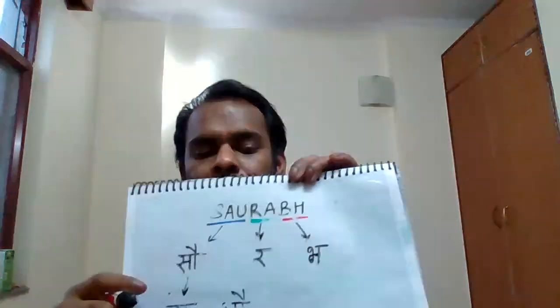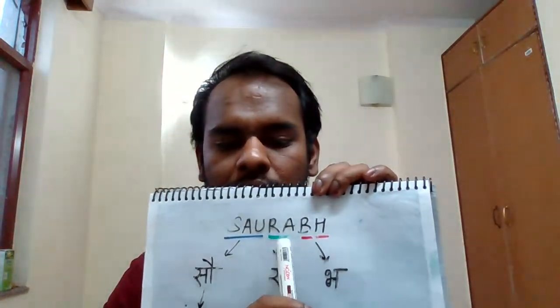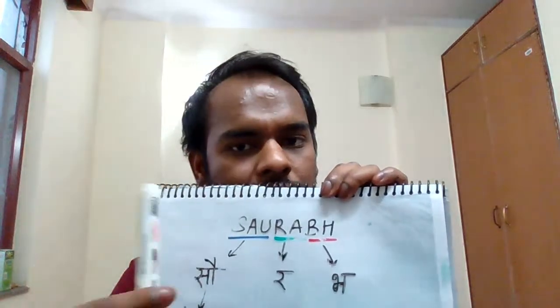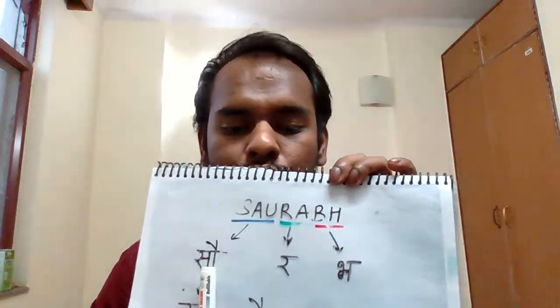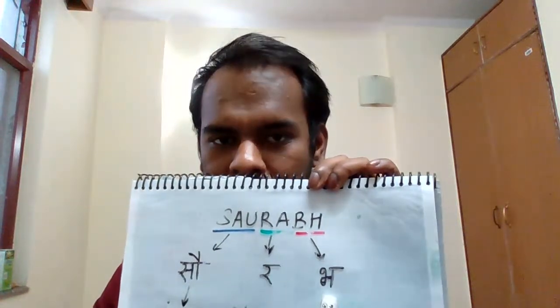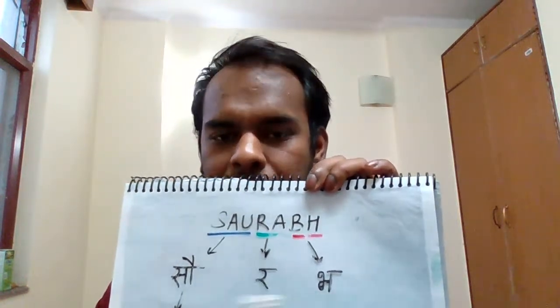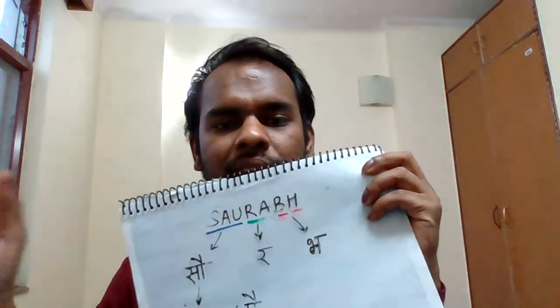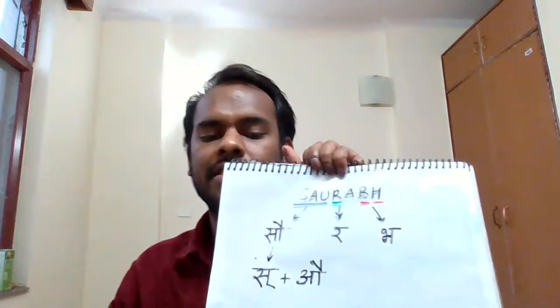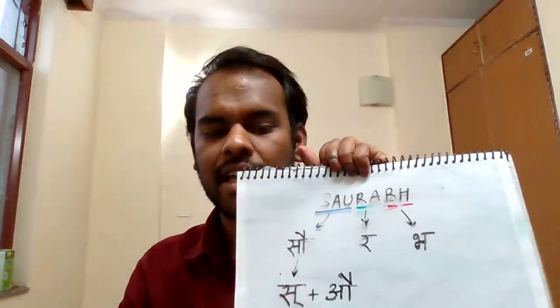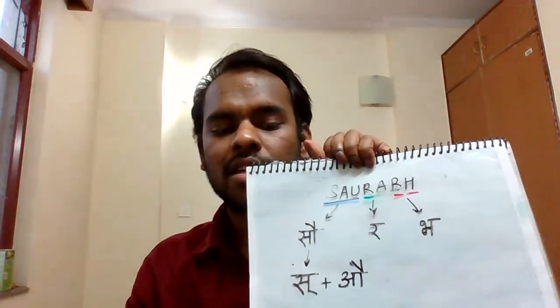Saurabh has three letters. So if I write in Hindi, just a second, this is the spelling of my name. Saurabh. If I write in Hindi, it has three letters. Sa, Ra, Bh. Now the problem is about this vowel. Just a second. 1 minute. So the first letter has two parts, the consonant S and the vowel O. The vowel O